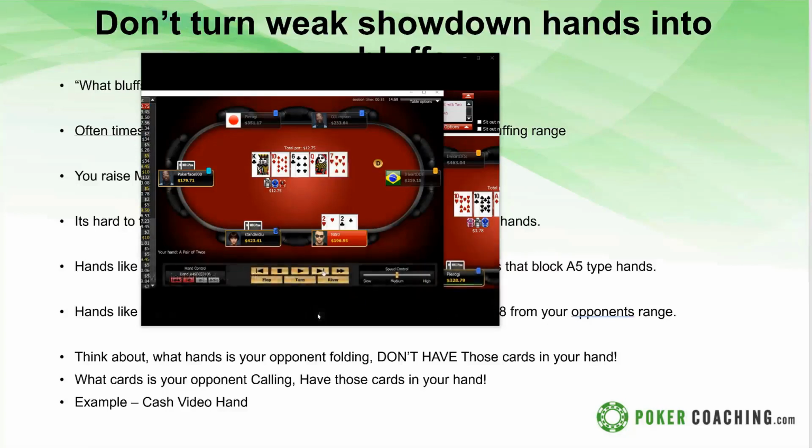And the river is a 7, and deuces are pretty much never winning at showdown here. But it's pretty hard for me to find bluffs here. I don't really want to bluff with an ace in my hand because I want to fold out hands like ace 10, ace 6,